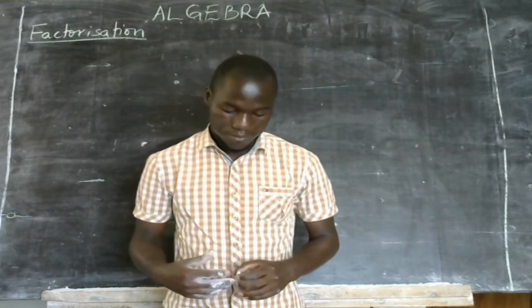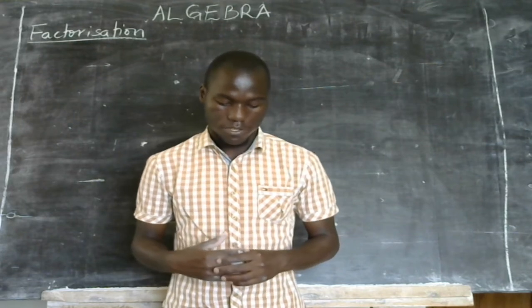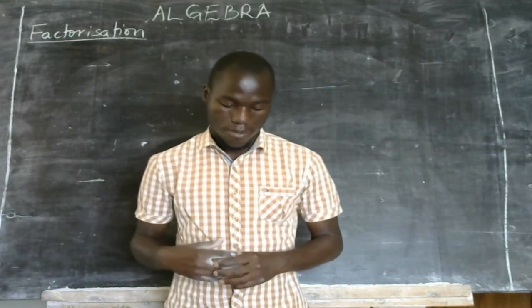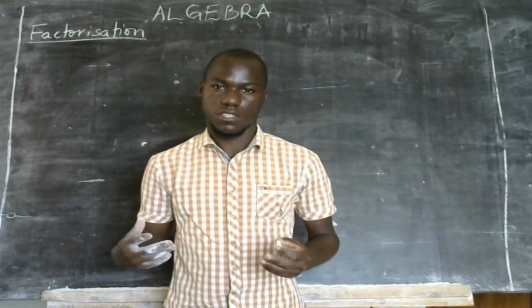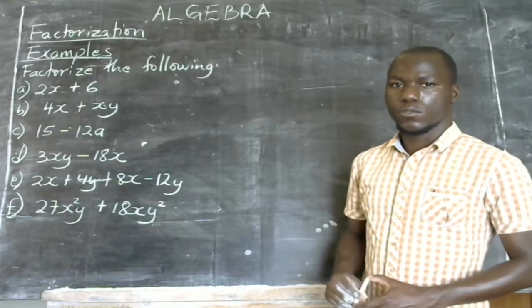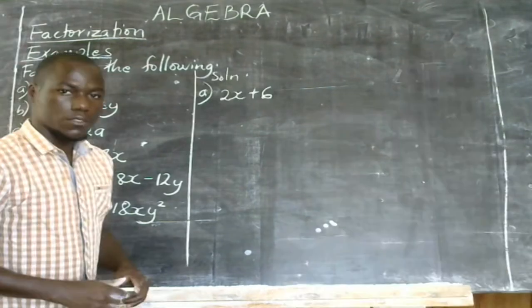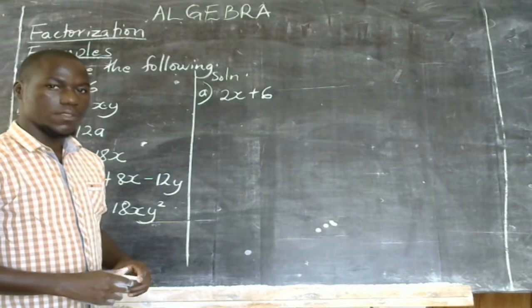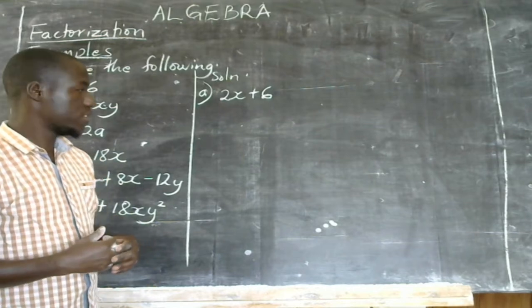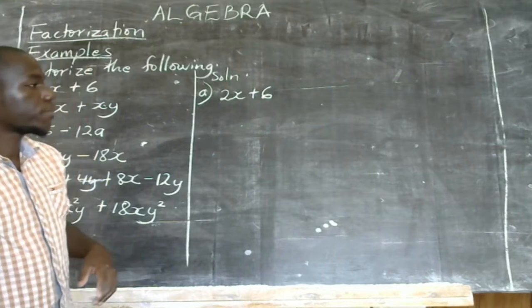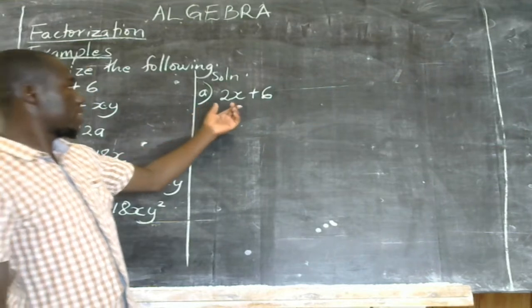Factorization is the process of writing an expression as a product of two or more terms or expressions. So when I go to the examples, factorize the following. The factorization is going to involve the identification of a common factor. When you look at our part A there,